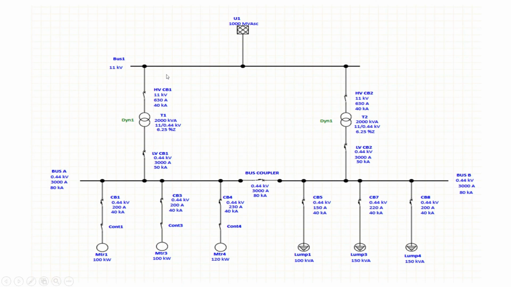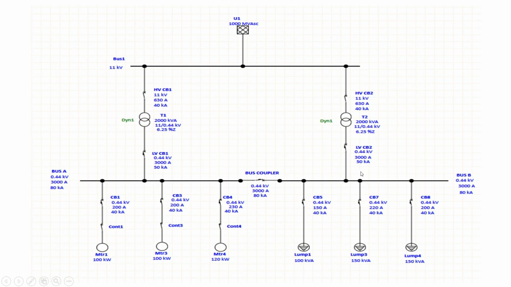Now we will see I updated our SLD diagram based on our calculation. For the 11 kV HV circuit breaker we choose 11 kV 630 ampere, and on the secondary side LV 440 volt 3000 ampere.